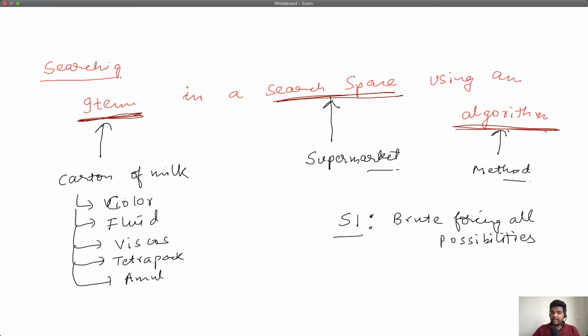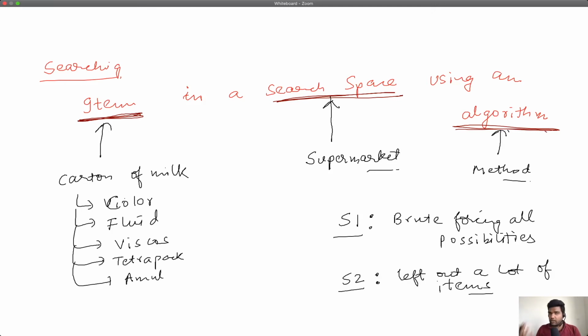In the second scenario, you were a little more efficient in your search because you knew that the search space, which in this case is your supermarket, was organized in a specific manner. You did not have to brute force all possibilities. You left out a lot of items from your search. You simply concluded by looking at the category that the item belonged to that it's not the carton of milk.